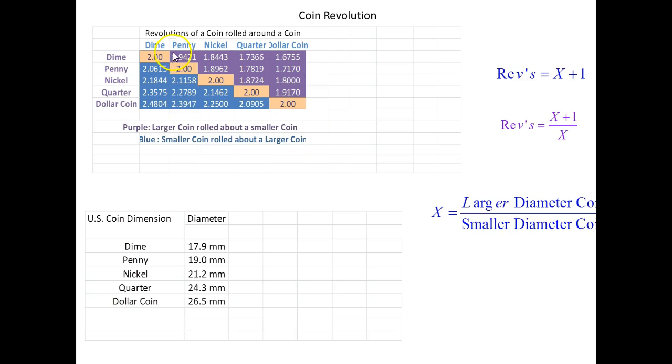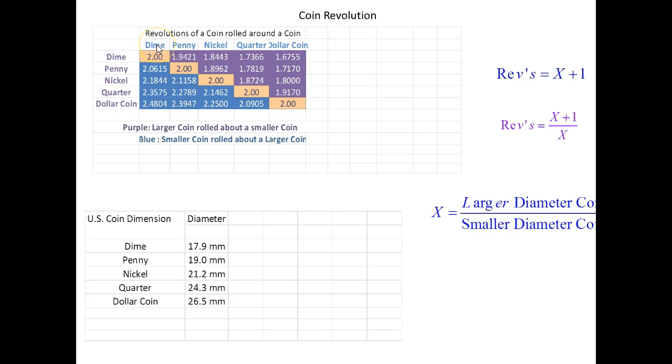And as you can see, if I roll a dime around a dime, it rolls about twice. If I roll a penny about a penny, it rolls twice. Nickel about a nickel, quarter about a quarter, dollar coin about a dollar coin. It revolves twice. If I roll a dime around a penny, it will rotate